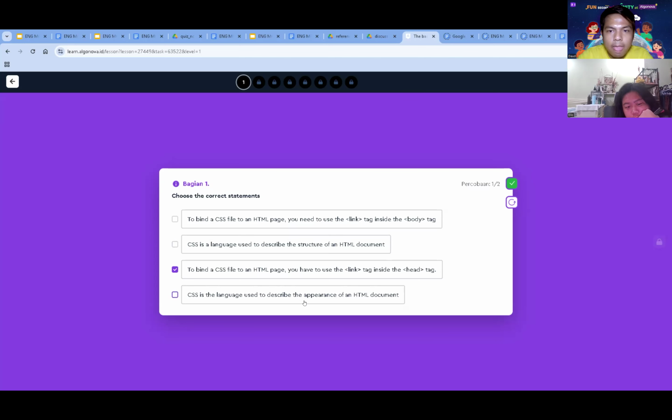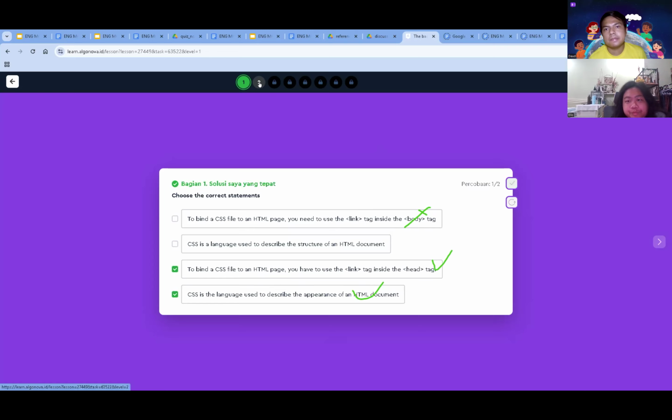Yes, this one is correct, and this one is incorrect. Separate the structure from the appearance.